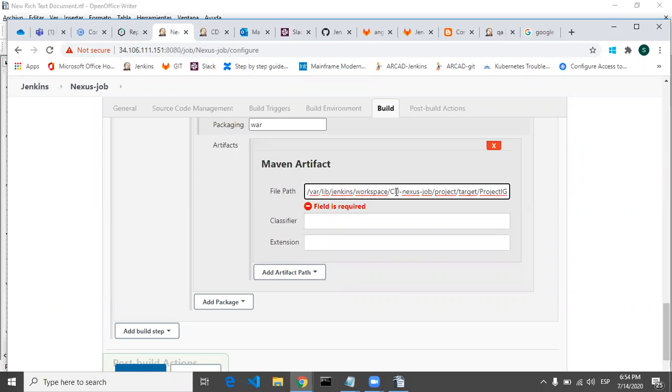So this is the path on the Jenkins machine, like the Ubuntu machine where Jenkins is installed. Okay, so once the Jenkins job is triggered, then